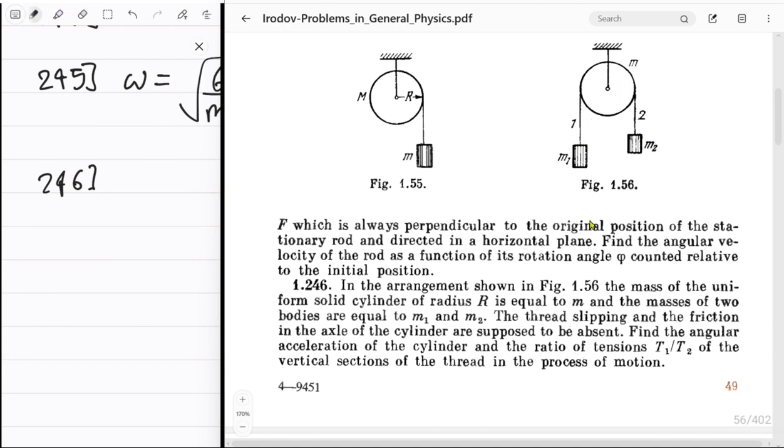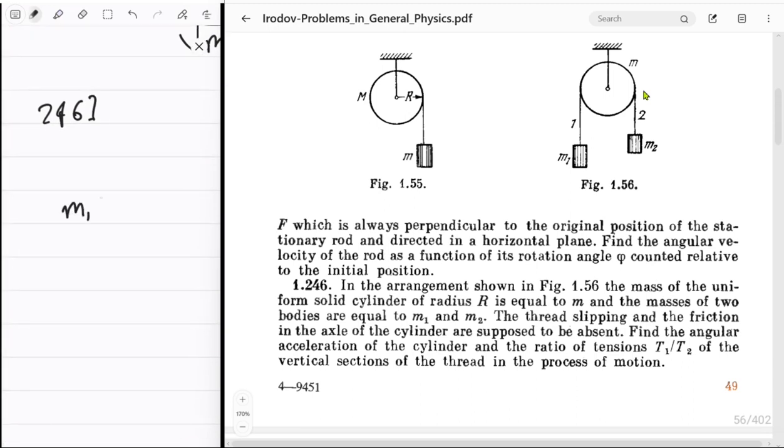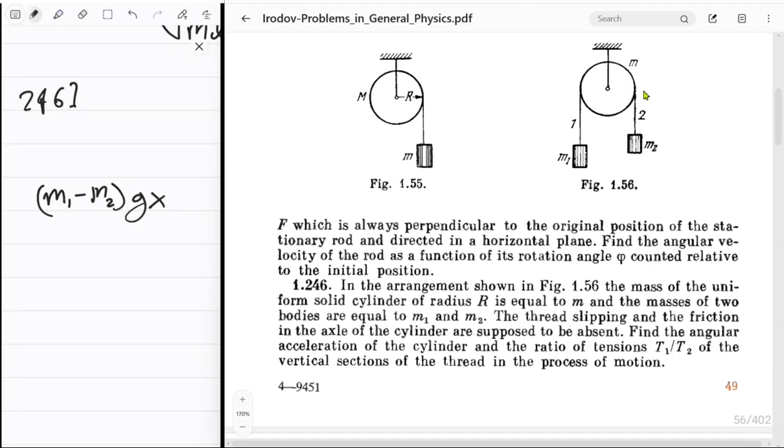Okay, weird. So this goes down and this goes up. At any given moment, the speed of this complete thread is the same everywhere. We could use that fact to our advantage. So suppose this goes down by x and this goes up by x. The work done by gravity on the system is just m1 minus m2 times g times x, and that is equal to